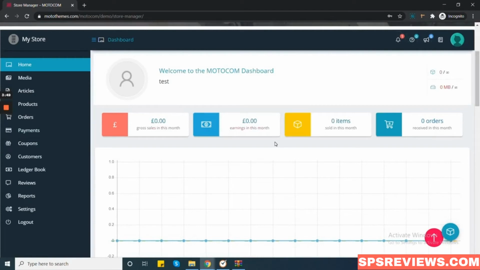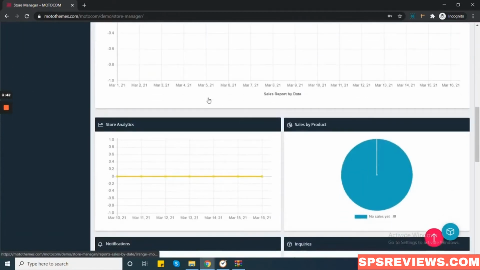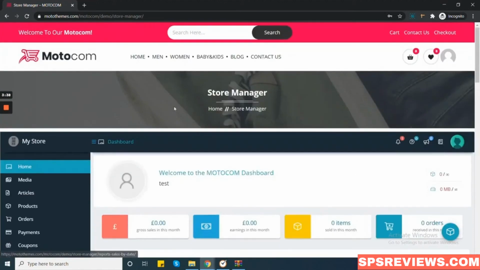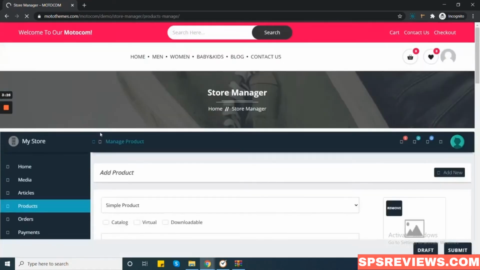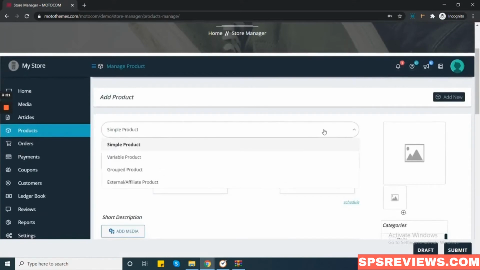After the successful registration, the vendor will be redirected to the dashboard where he can have a quick look at the sales and the store analytics. Now let me show you how the vendor may add a new product to his store. So we will go to the product option, add new, and we will be required to fill in all the details like the type of product,